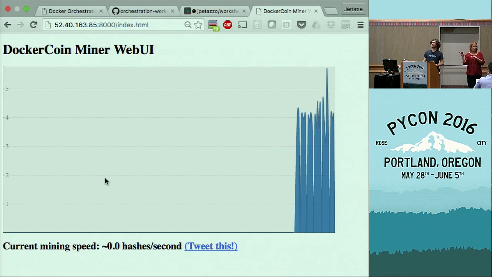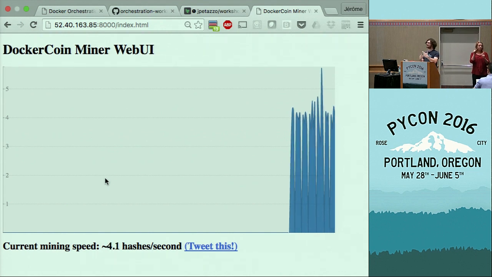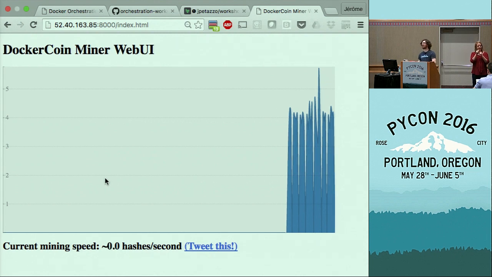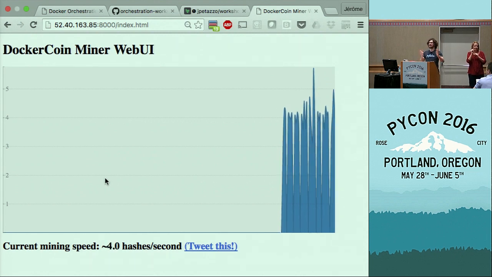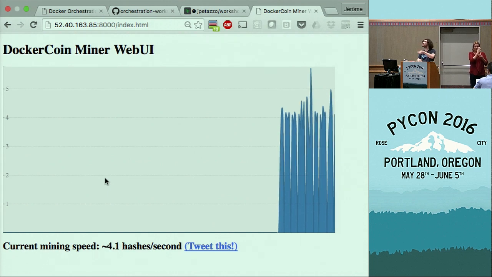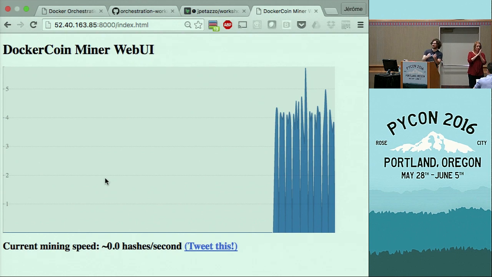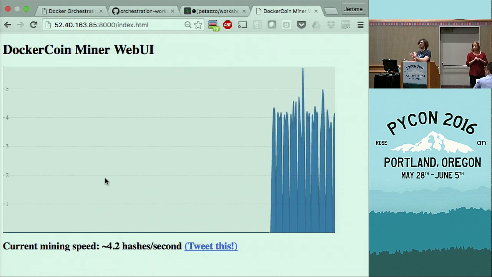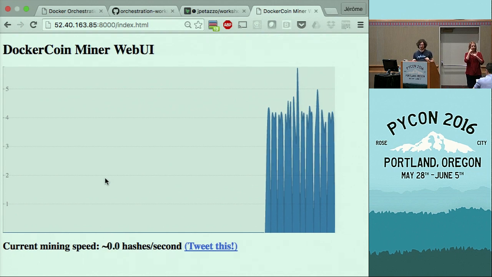This is because the worker doesn't exactly report the speed every second. It reports it up to once per second. So it will mine 4 Docker coins or do 4 loops, and then it's like, oh, it's been more than 1 second since the last update, and it's going to update the counter. But it takes a little bit more than 1 second for the whole thing to happen, which means that when